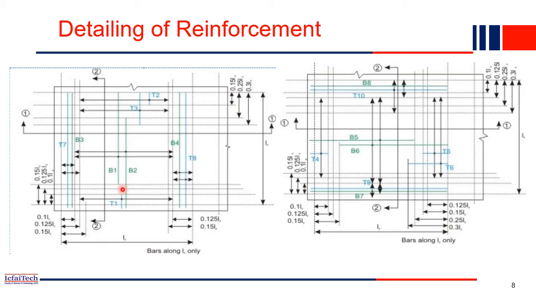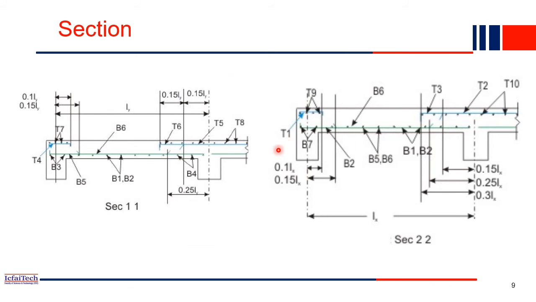Because positive bending moment we provide bottom reinforcement for positive bending moment, and positive moment is maximum at the middle, right? So that's why this bar is continuing in the middle, but near the edge it is discontinued. We just curtail it after a certain point, and that distance is also given to us. It is 0.29 something lx also. So these values we will be getting in the IS code. Okay, all these details. Now the same figure, if you take the cross section at 1-1 and